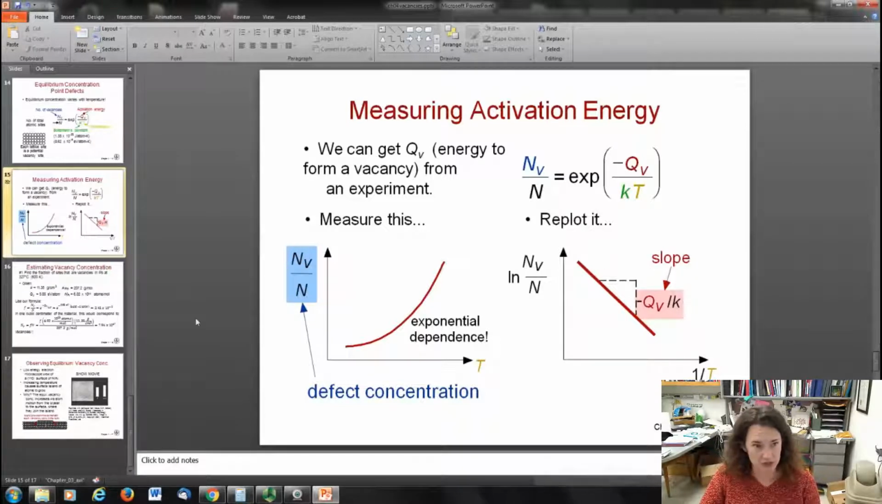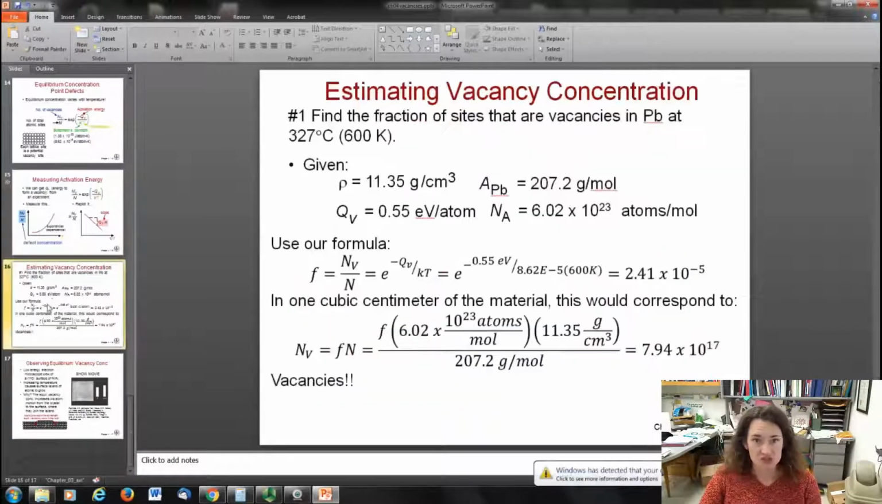Okay? So if you want to do that, you can. So the example that I'd like to show here is for estimating vacancy concentration. This one says, find the fraction of sites that are vacancies in lead at 327 Celsius, which is 600